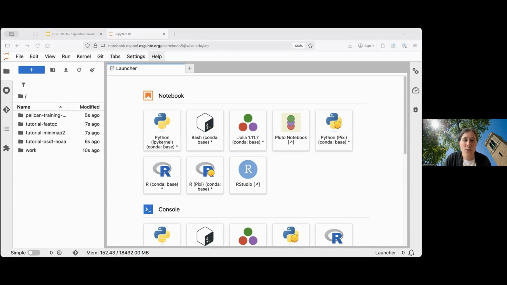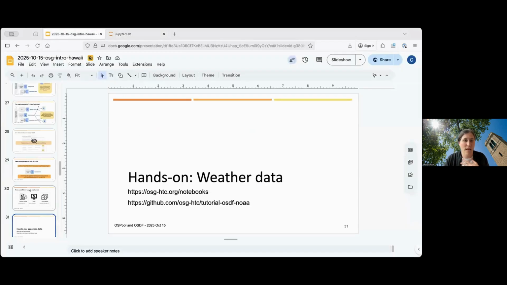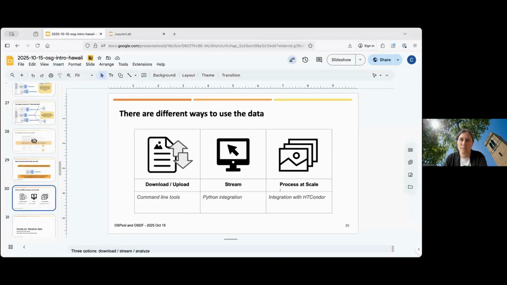But if you have it open and you have the read mapping tutorial, then we're going to go to the main file browser on the left, and then go to the tutorial OSDF NOAA section. And there's a couple notebooks that will demonstrate ways that we can interact with the OSDF using these different options, the command line, Python, and